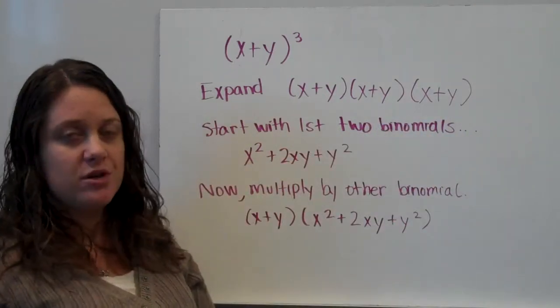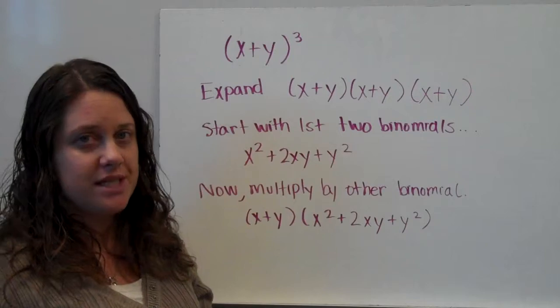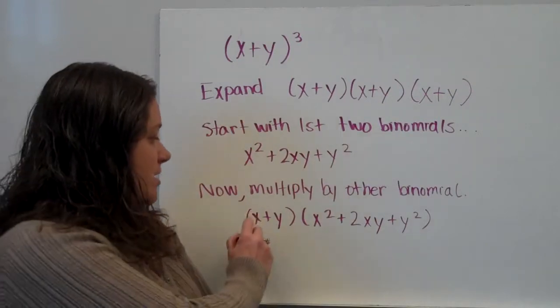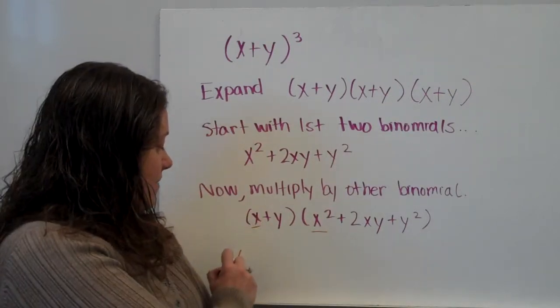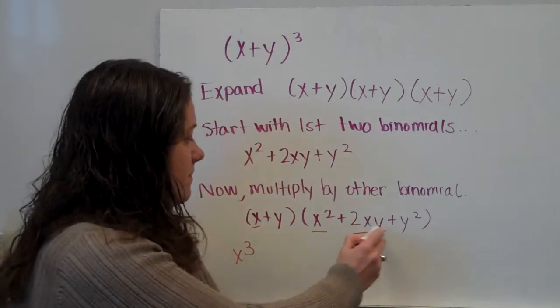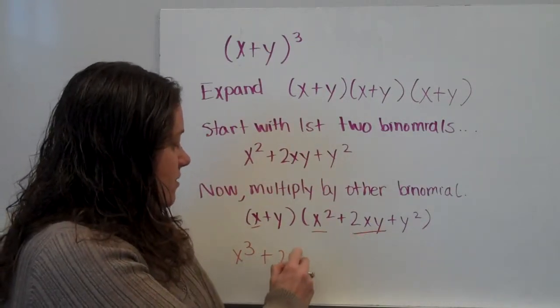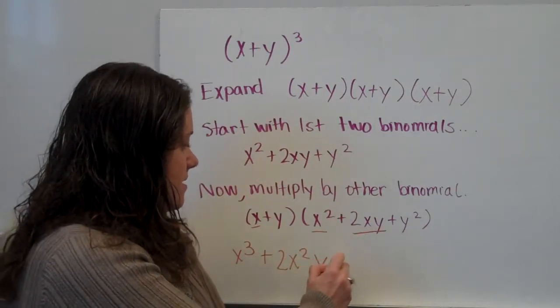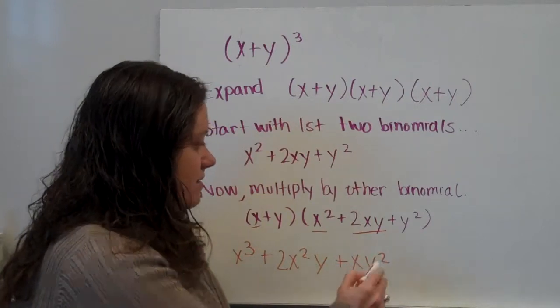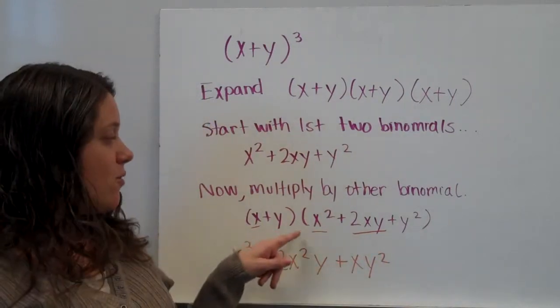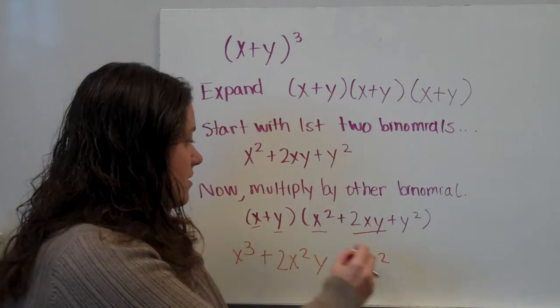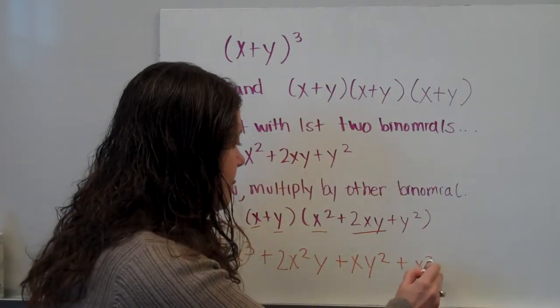So I'm just going to use the distributive property method because it's pretty easy because I just have an x. So I'm going to multiply x by each of these. So that's going to be x to the third, 2x squared y, xy squared, and now I'm going to multiply y by everything. So this is going to be